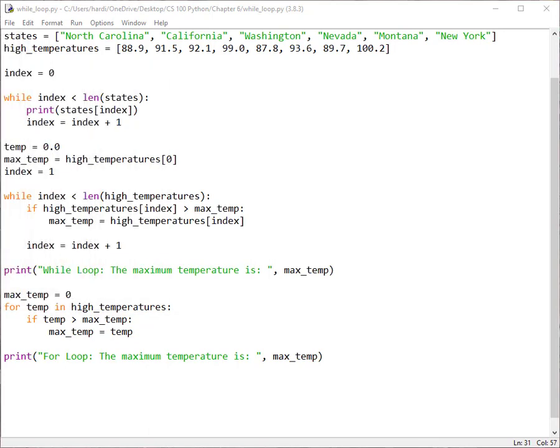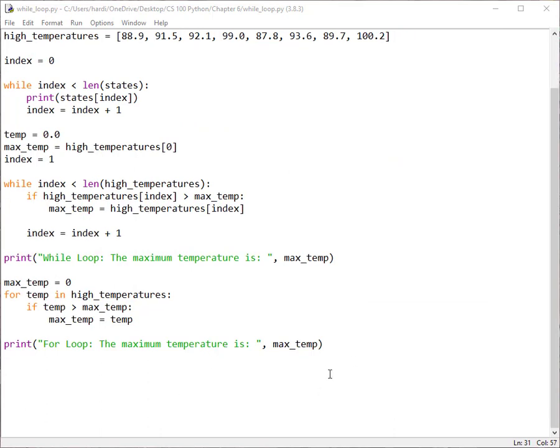Well, given that, why would you ever want to use this while loop? Why not just use the for loop all the time? Well, the reason is there are some things you really can't do very well with the for loop. Let's look at an example here. Suppose we want to input a certain number of grades, and we want to determine the